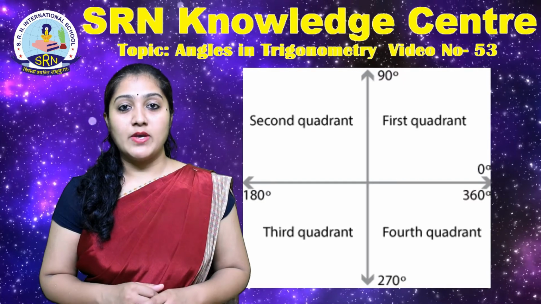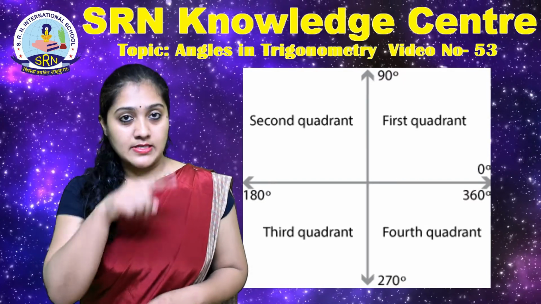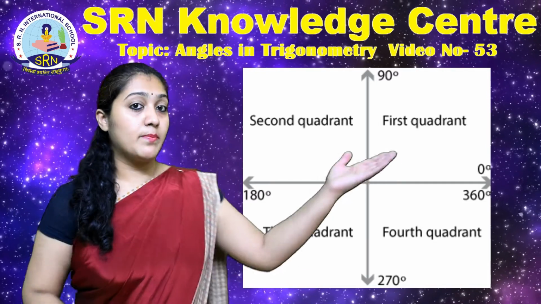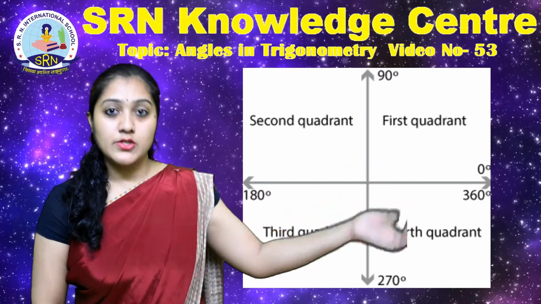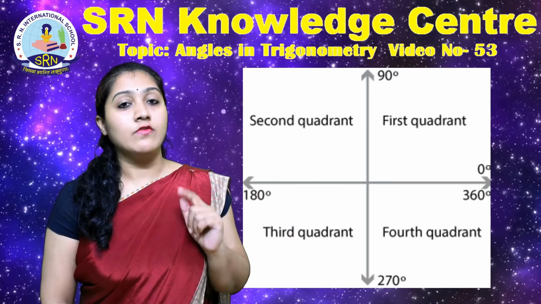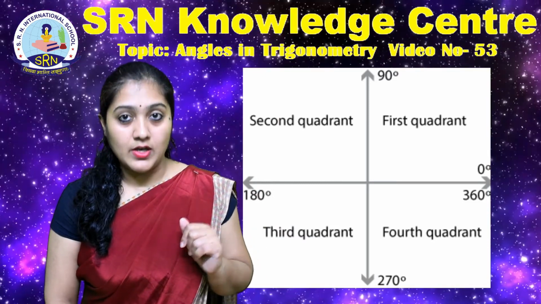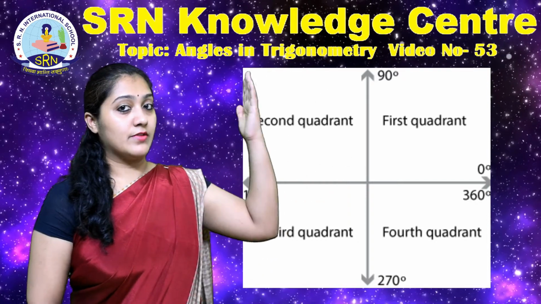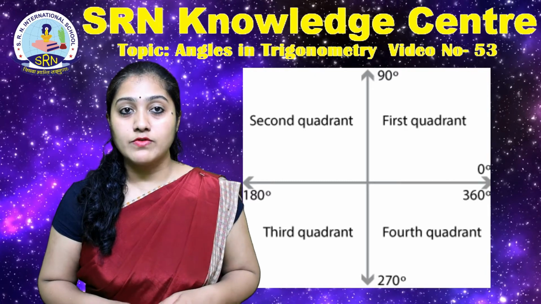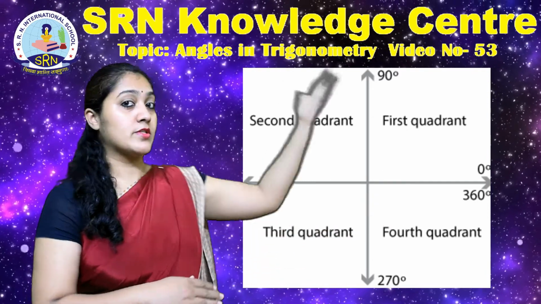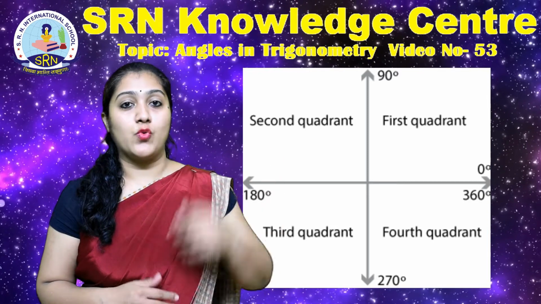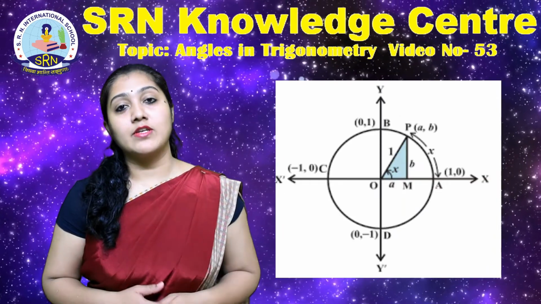The degree of measurement is based on a circle. If the ray starts in the counterclockwise direction from the positive x-axis, completes a rotation and comes back to the original position, it makes an angle of 360 degree. Same way, if the rotation is half, the angle made by the ray is 180 degree. If the ray moves from the positive x-axis to the positive y-axis, the angle made by it is 90 degree, and so on. Next, we have the radian measurement.